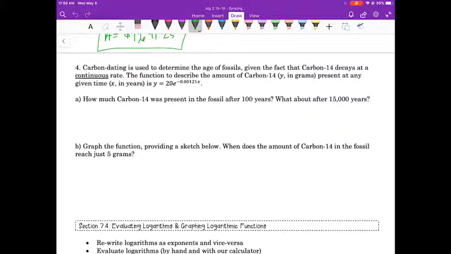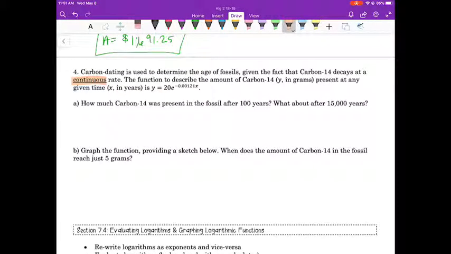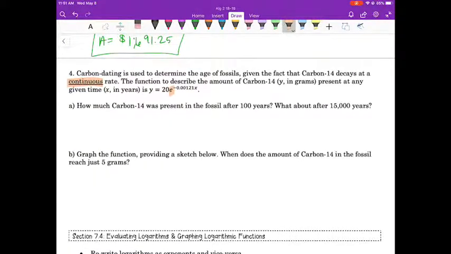Alrighty, as we finish up section 7.3, we've got problem number 4, talking about carbon dating. Carbon dating is used to determine the age of fossils, given the fact that carbon-14 decays at a continuous rate. So again, we see that continuous word, which tells us, sure enough, that we've got an e in our function that describes it. So the function used to describe the amount of carbon-14, y in grams, present at any given time, where x is in years, is the function y equals 20e to the negative